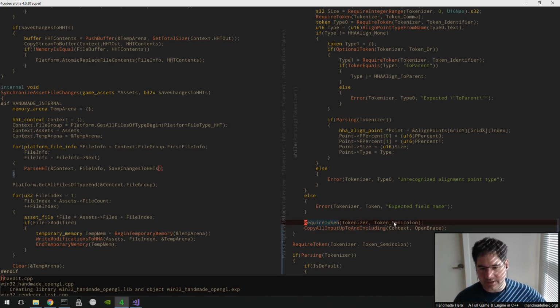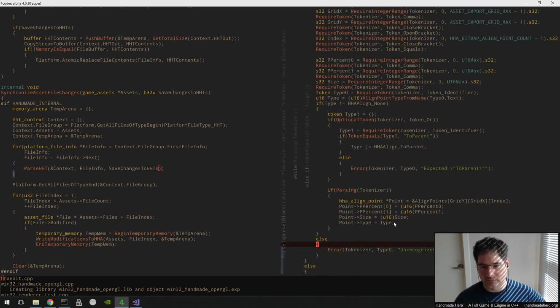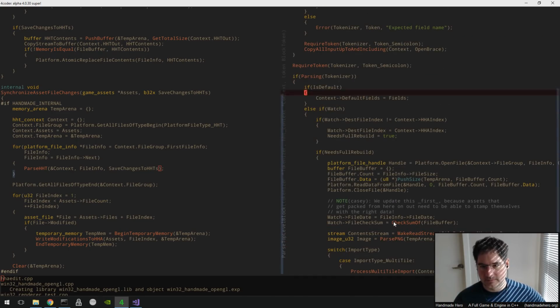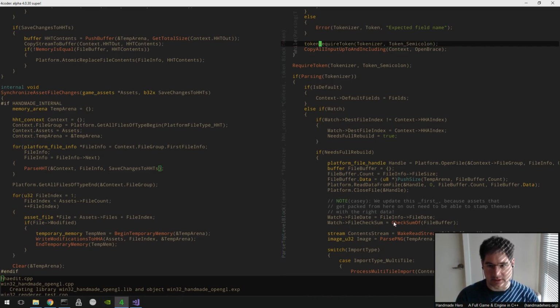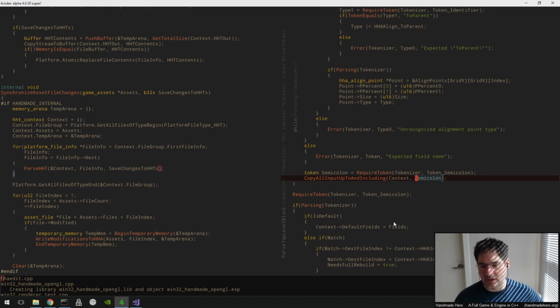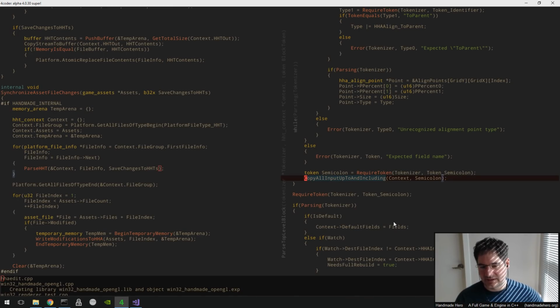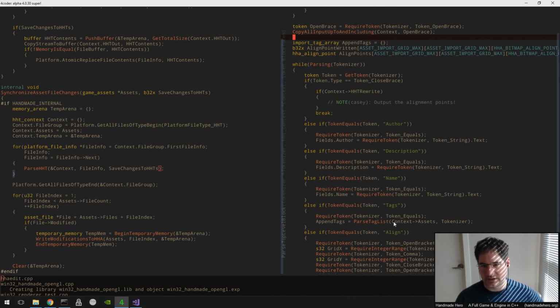So when we do copy all up to and including there, we need a way to say in here, this is not right. This actually has to be that. So that semicolon, we need to copy up to and include the semicolon, but what we need to do is make sure we skip anything that we actually didn't want to save, if that makes sense. And in fact, if we wanted to, I guess we could not copy all up to and including,